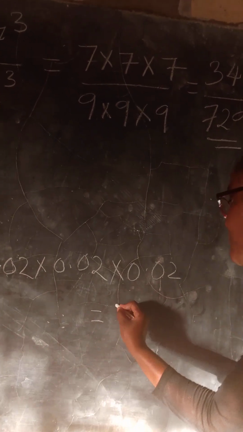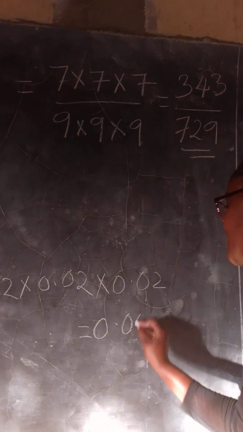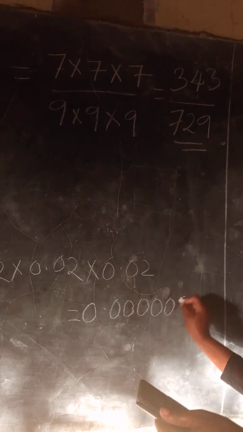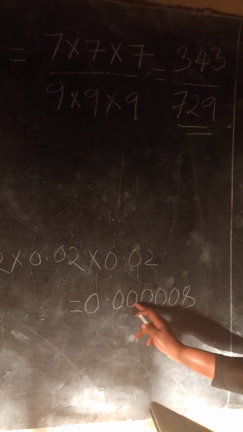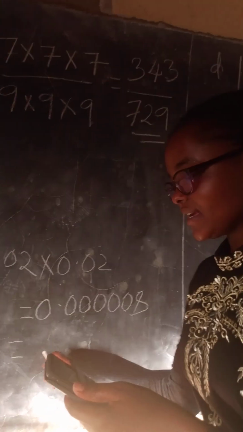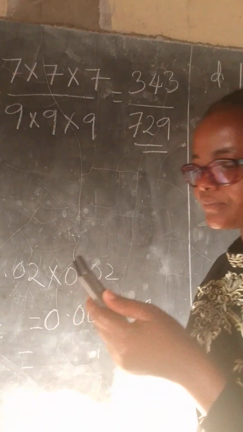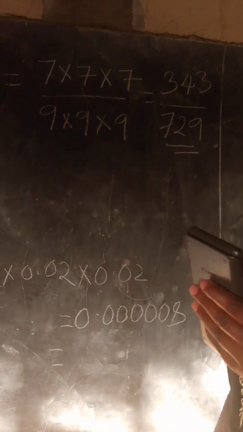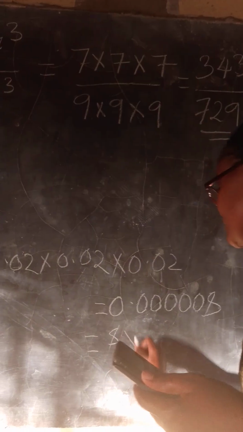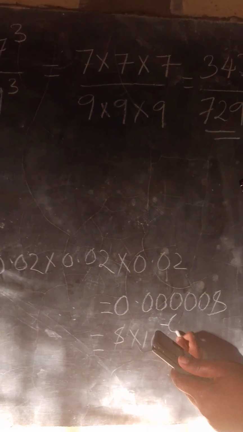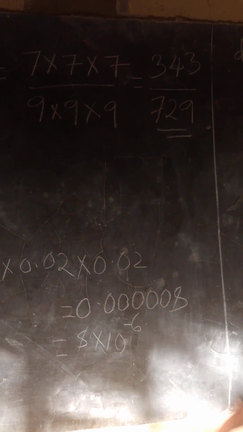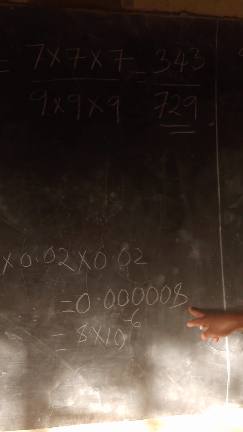So this will be 0. then 5 zeros, then 8. 1, 2, 3, 4, 5, 6. The answer is 8 times 10 power negative 6. That is what the calculator is giving, because it is giving in standard form,